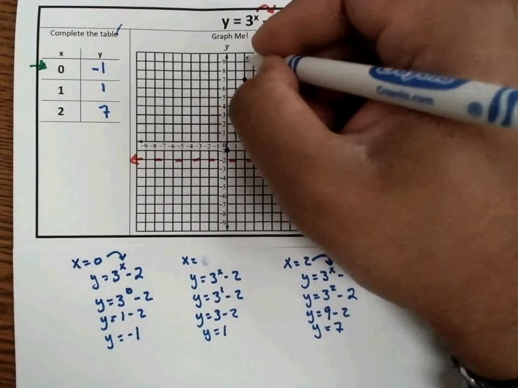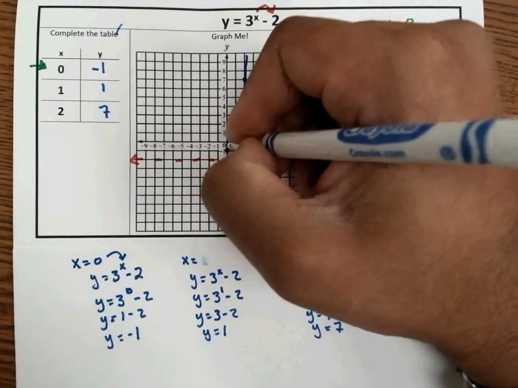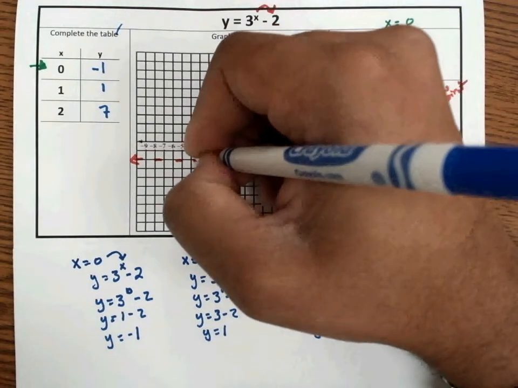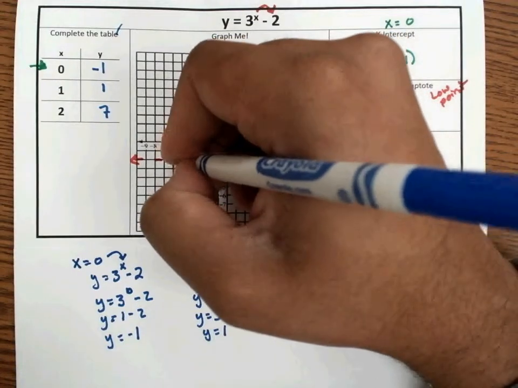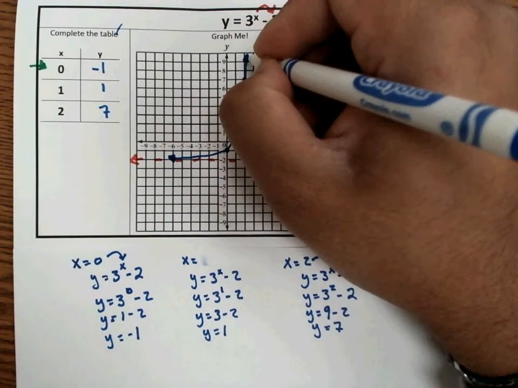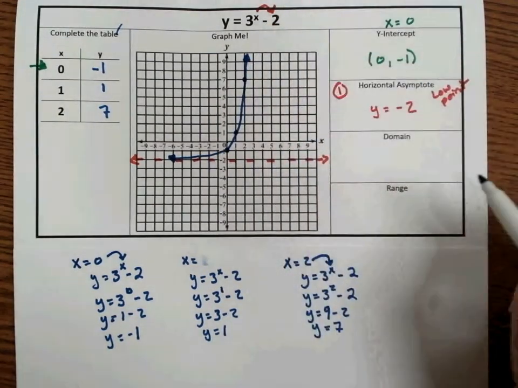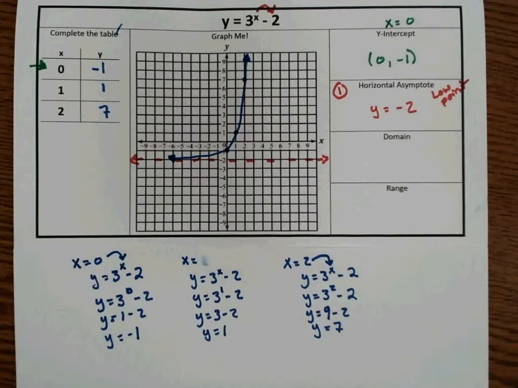But let's go ahead and connect our dots now, so we can see our hockey stick. Bam, and draw an arrow here. If you notice, I'm putting arrows at the end because it goes on forever. This one, it goes on forever that way. Just remember, our domain